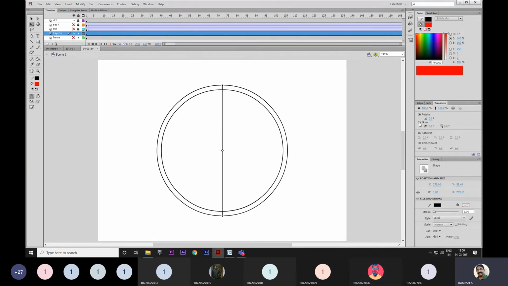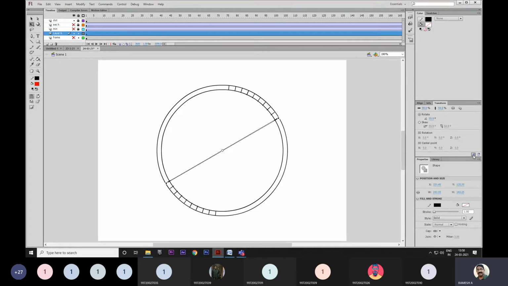In the transform, I have chosen rotation and the value you have to give. You said 6, no? I'll give the number 6 and we'll copy this, the duplicate section for the transform.